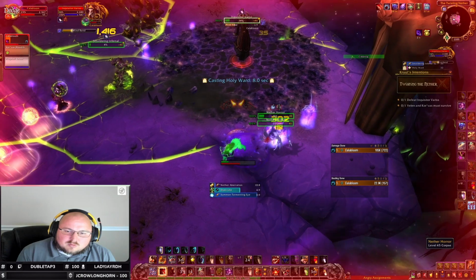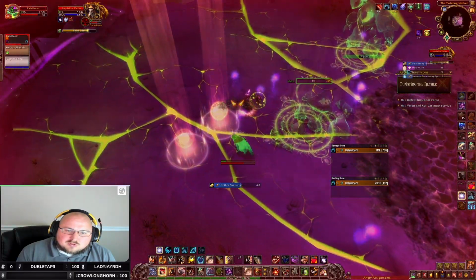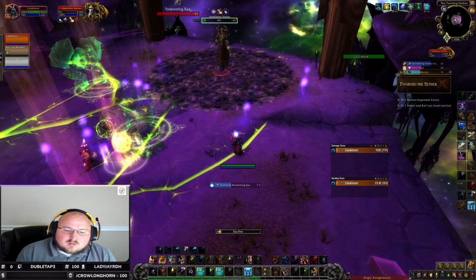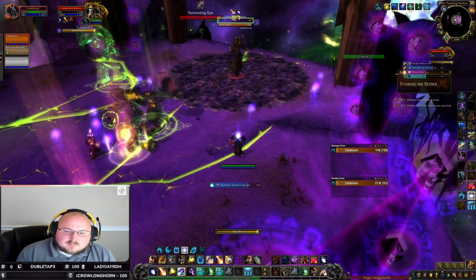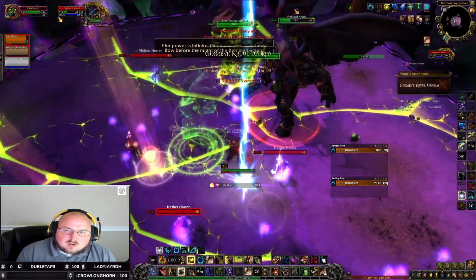Incapacitating Roar. I'm just gonna kill these horrors. I'm gonna go ahead and use this orb to break his cast and to heal us up. And we're gonna get some damage on him here and hopefully phase him. There's the phase. Now we want to go ahead and dot Cruel